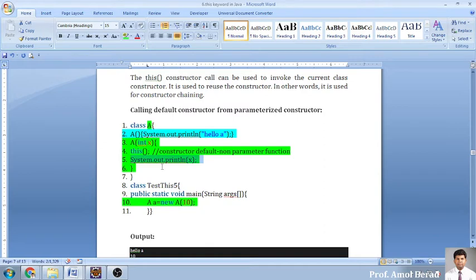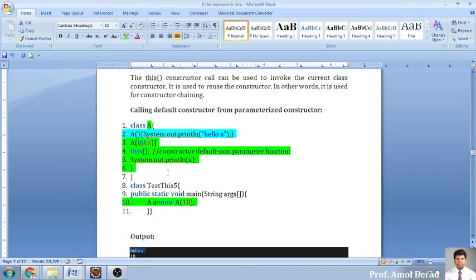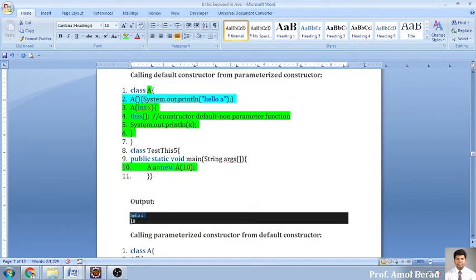So you will see that you are getting output like this. Hello a will be displayed first because you are entering into this part. You are calling this, meaning the cursor will go here, enter inside it, and it will display hello a the first time, and then it will come back, and after coming here it will be displaying the value of x. And what is the value of x? We have passed it from this class. So you will be getting an output 10. So hello a, and you will get 10.